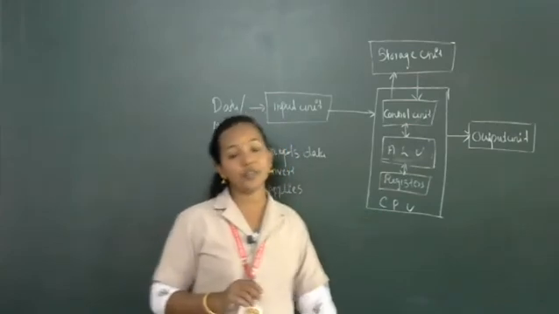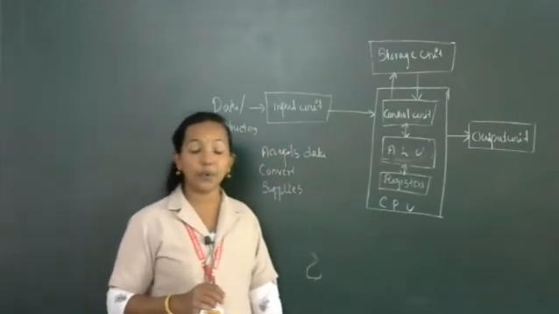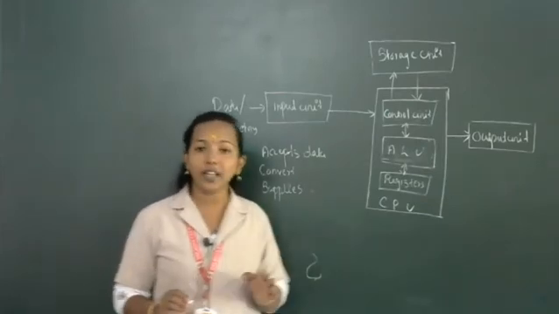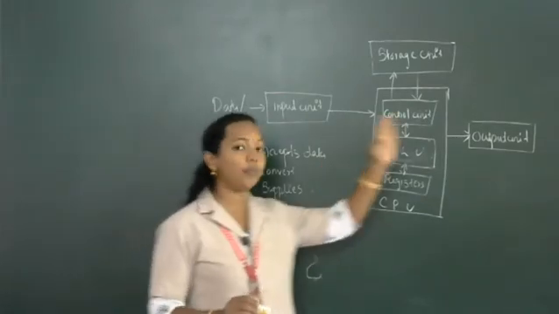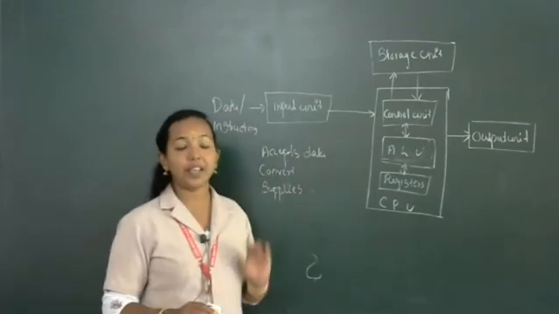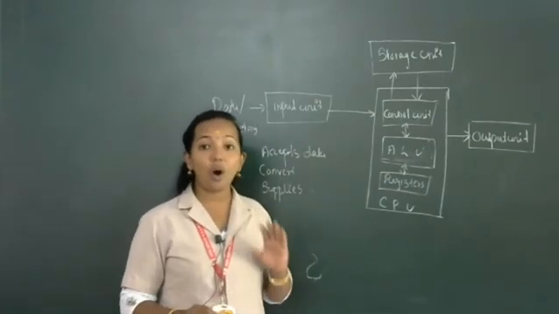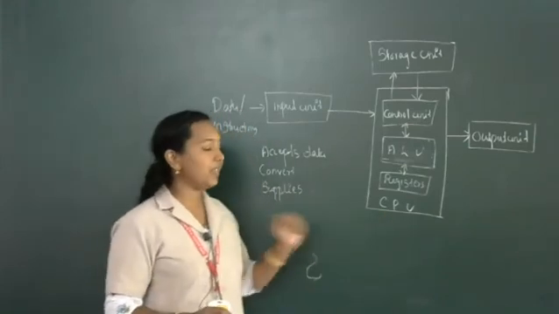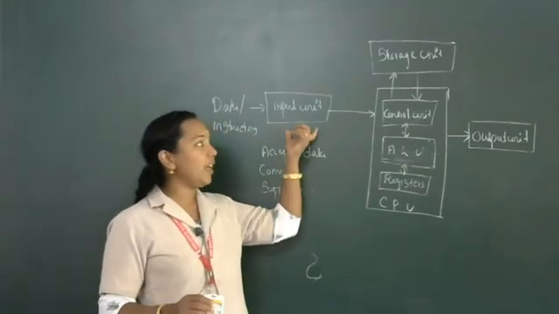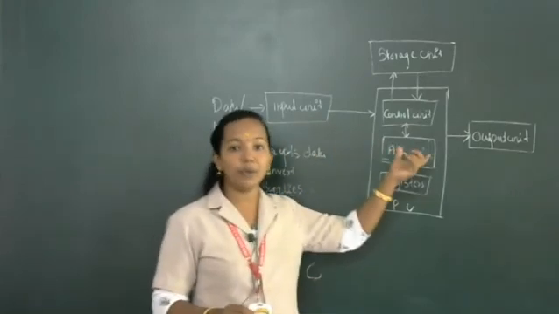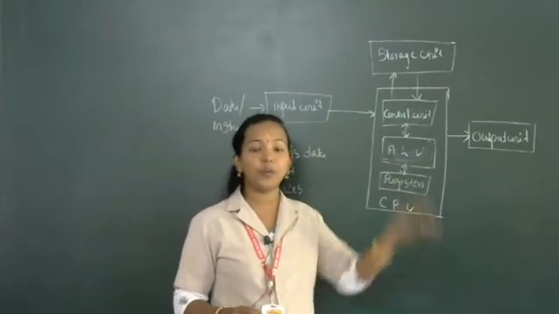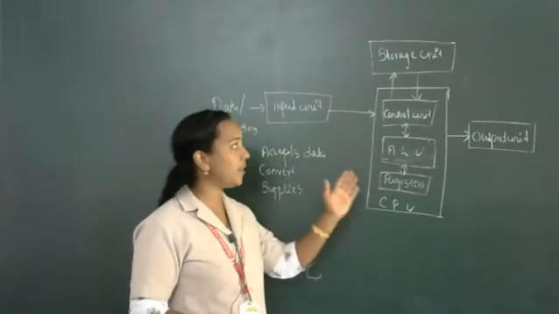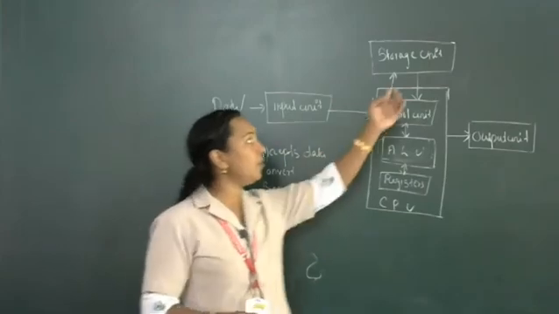Then the first unit of CPU, what is the first unit of CPU? Control unit. Control unit means it controls and coordinates all the activities of processors. It controls and coordinates all the activities of central processing unit. Then example, suppose we are inserting data into computer for transferring or for processing. First that data is stored into storage unit. Then after that, for processing, the control unit will take that.